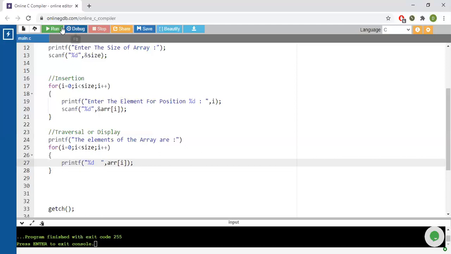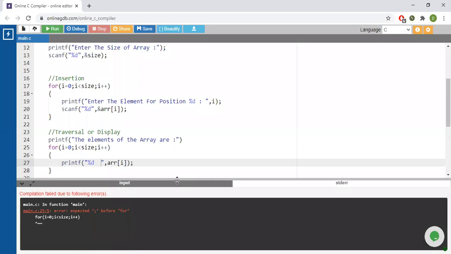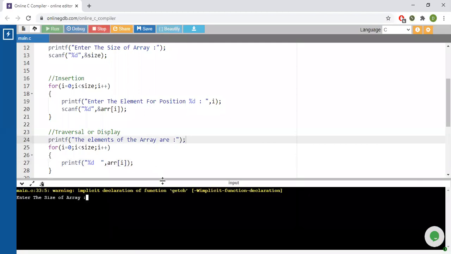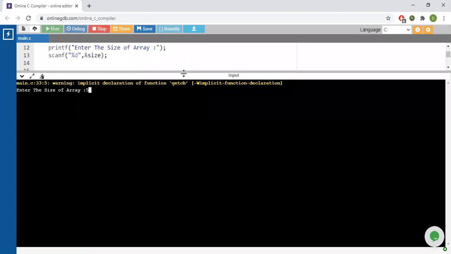So let's run this code again. Oh yes, we have missed a semicolon over here. Okay, let's run it again. Again, we'll take an array of 5.